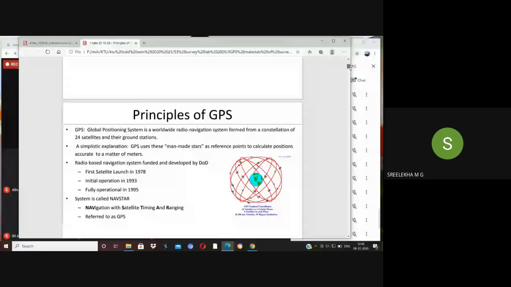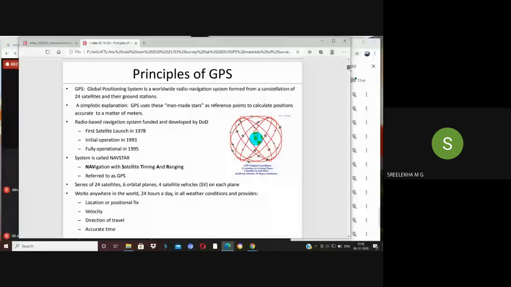So what is the principle of GPS? It works based on some satellites. GPS, the global positioning system, is a radio navigation system. It is formed by a number of satellites. In total, 24 satellites are there,